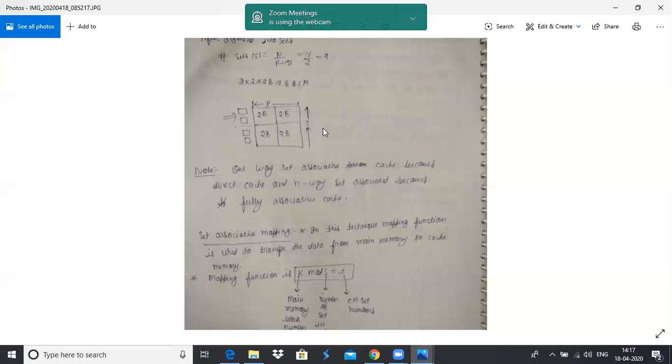So the total size after the organization will also be 8 bytes, 2 into 2 into 2.